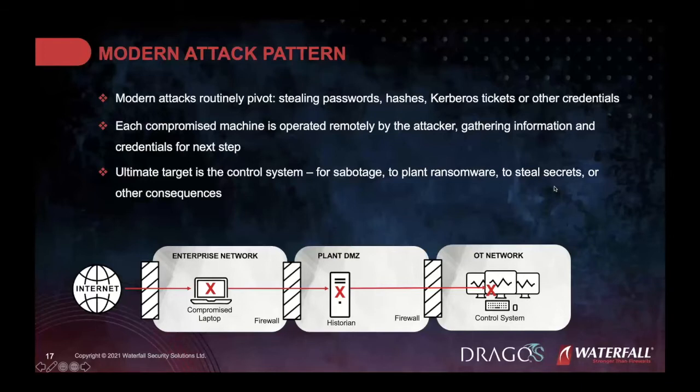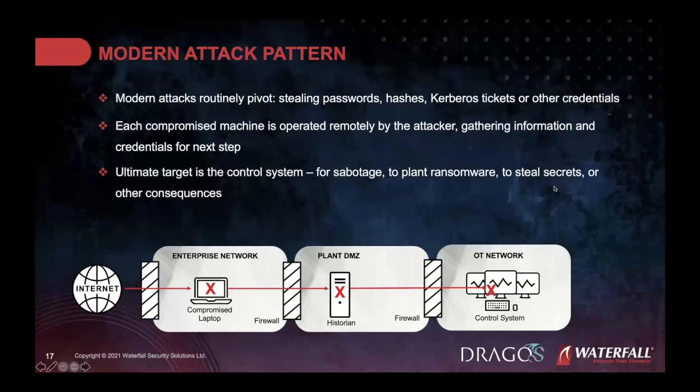But unfortunately, the historian can be used as a pivot point to get into the control system in the way that it is set up right now. We all know how a lot of these attacks work. They'll steal passwords. They'll compromise one machine remotely to gather information for credentials for the next steps and then continue on from there. And this is a good linear example of how that can happen,